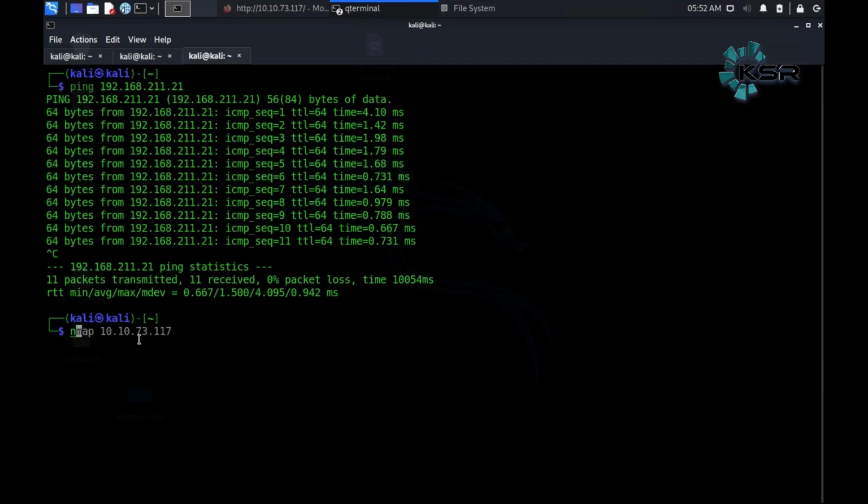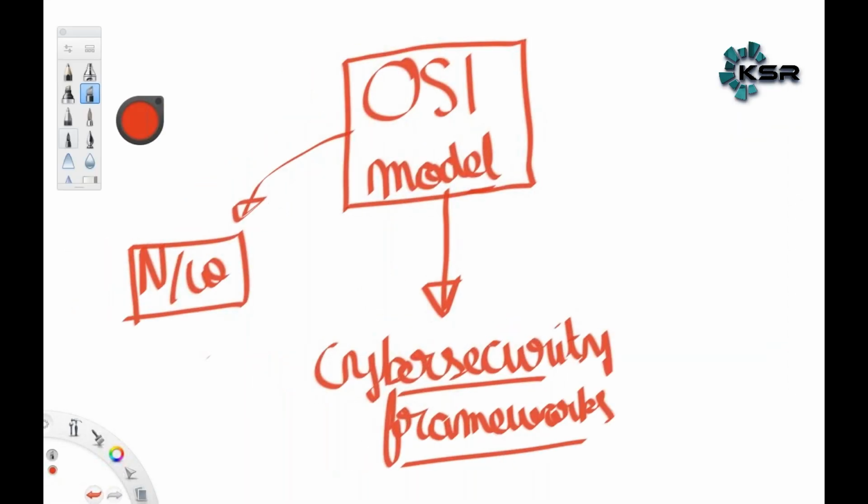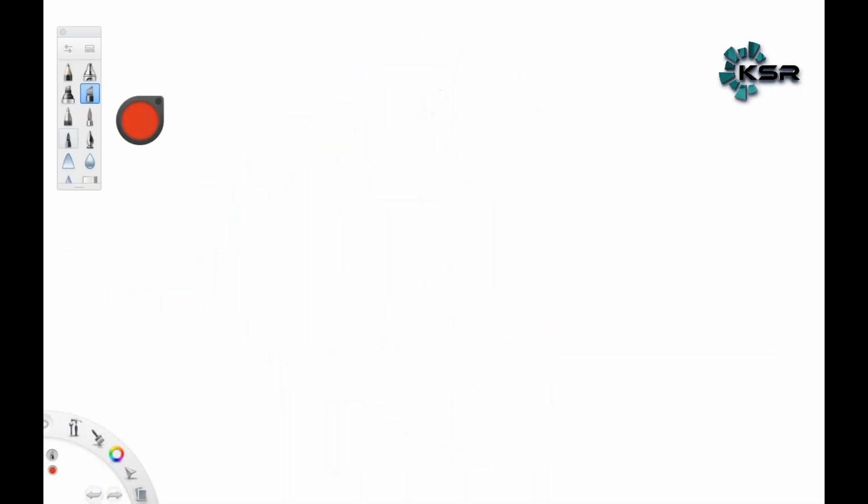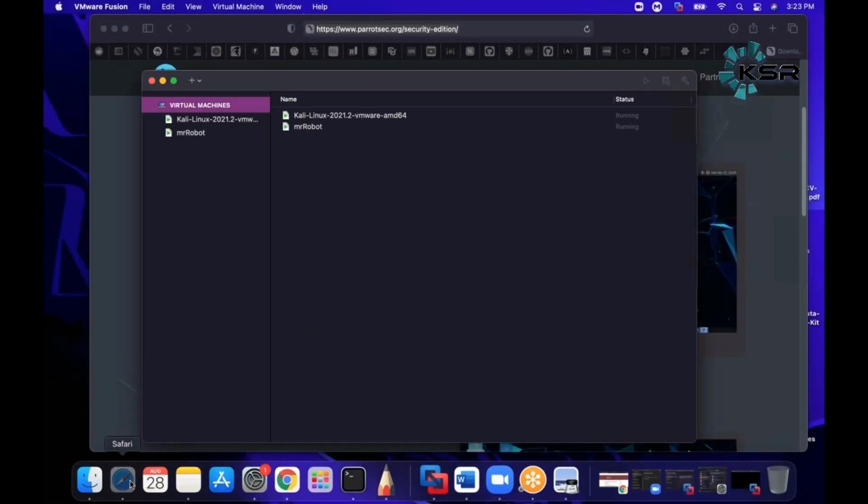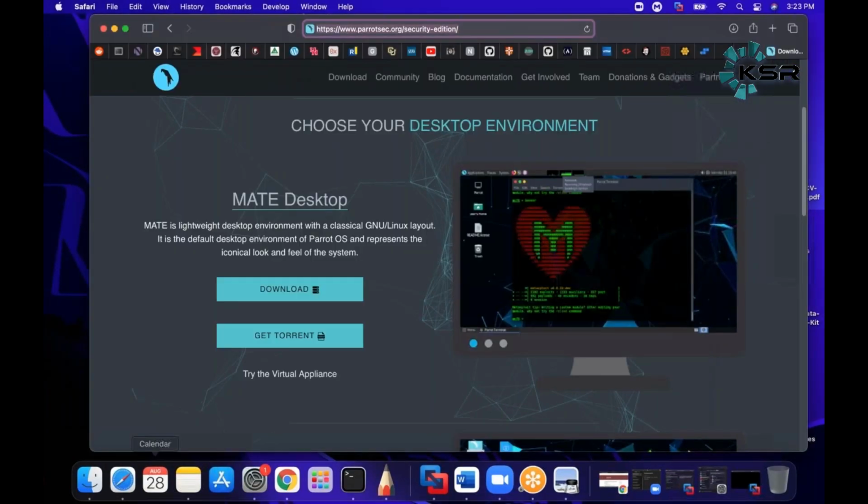To find out open ports, what will I do in this case? I will try to run a scan. We have a very simple tool which is free to use. It's called Nmap. I'll take you to the Nmap website as well.